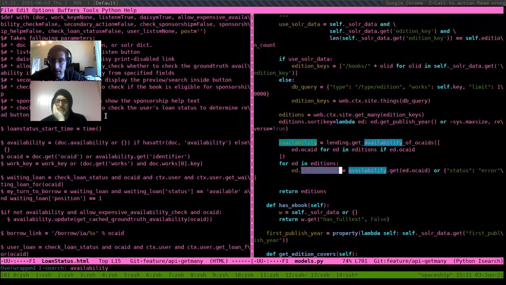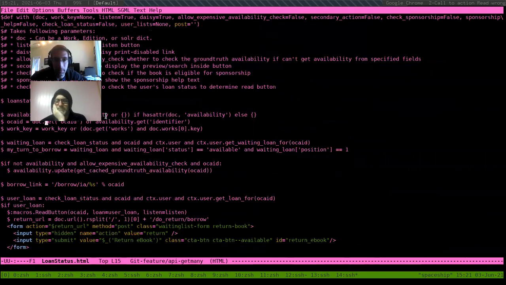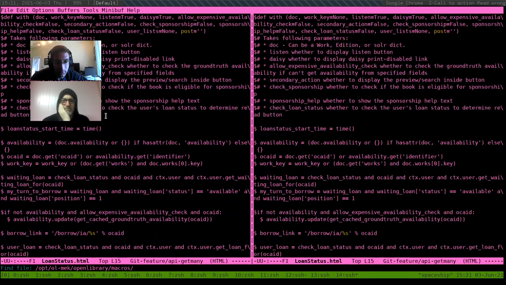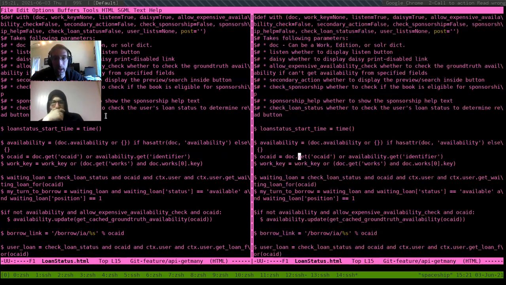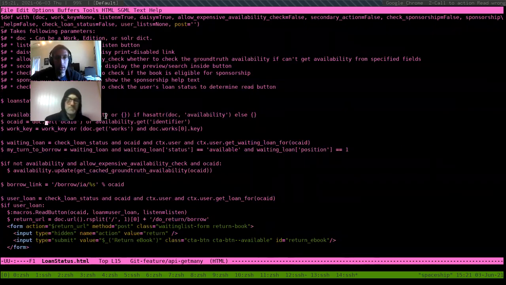Maybe this is not really needed. There's one other place I want to check. In core models, no availability here. Okay, so I think we can just take it for granted that